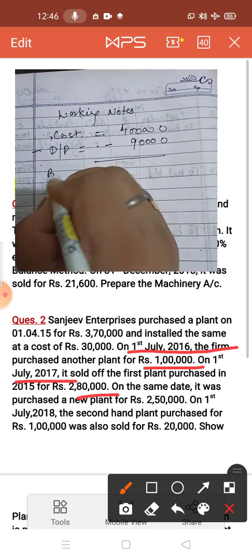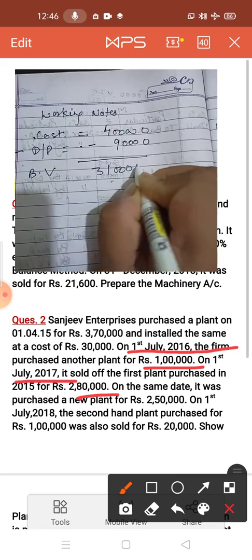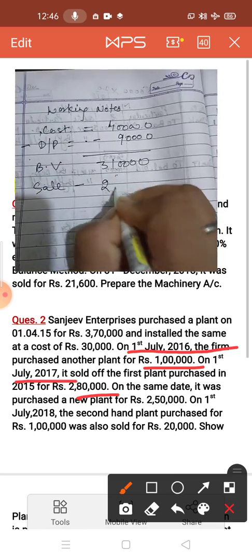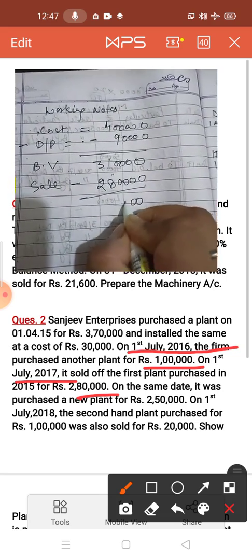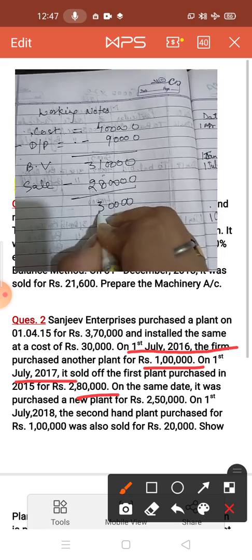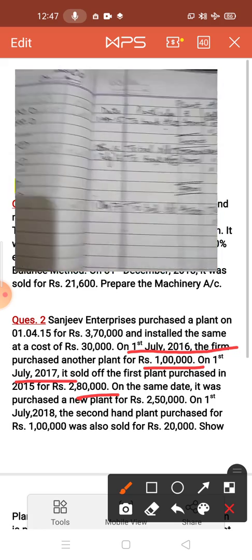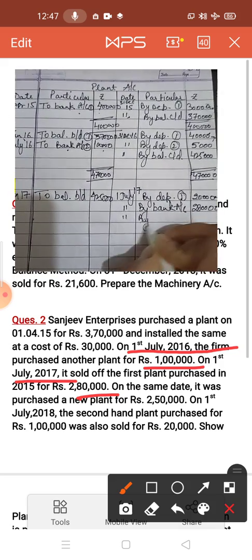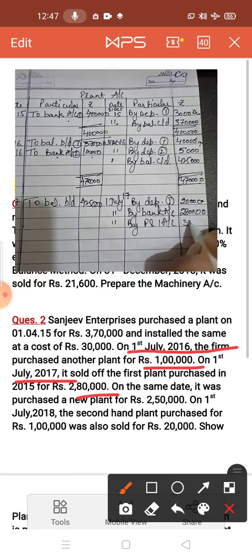So here you have to subtract 90,000 depreciation amount. Now find out the book value. Book value is 3,10,000, but you have sold the machinery for rupees 2,80,000. It means you have a loss of rupees 30,000. This is the loss. So loss you have to transfer which side? This side. On the similar date, on sale date, you have to transfer the loss by side 30,000.